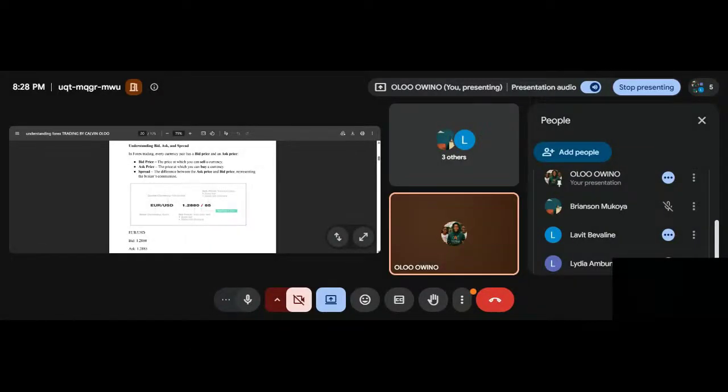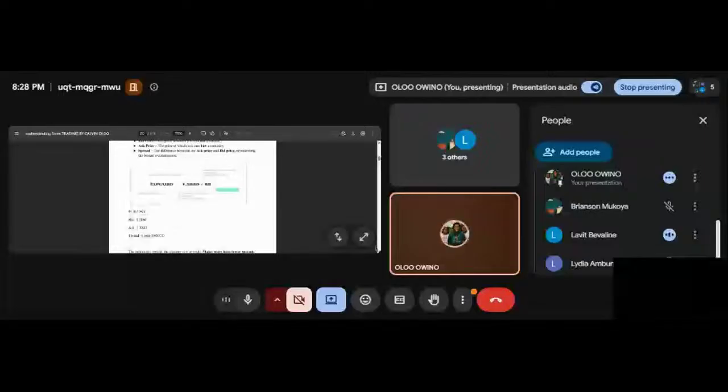Now, I want us to calculate the spread of that bid and ask price. Our bid price is 1.2880 and our ask price is 1.2885. Our spread automatically becomes